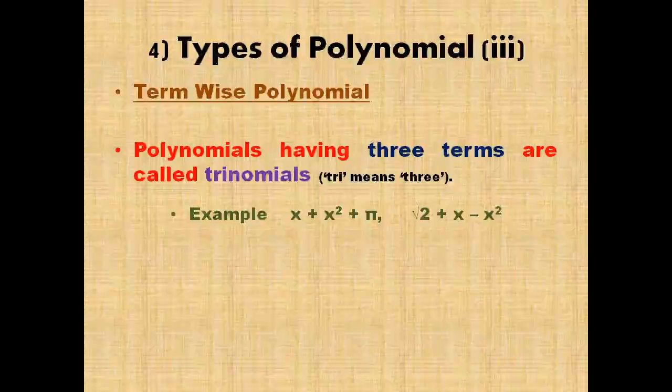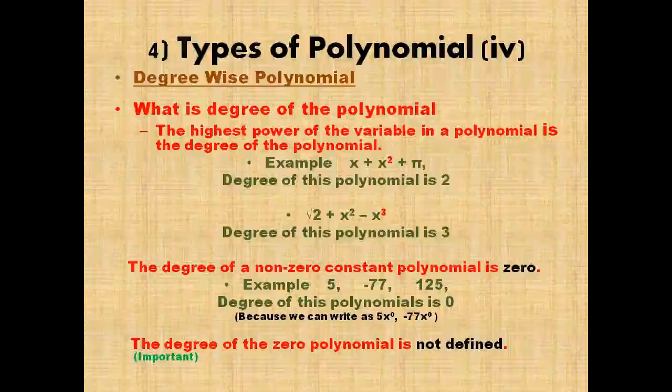Okay. Next, we'll move to types of the polynomial. 4th, degree wise polynomial. Sir, what is a degree? Degree, it's not a BCom or BSc, right? The highest power of the variable. An expression may have 1 term, 2 terms, 3 terms, more terms, but we have to see the highest